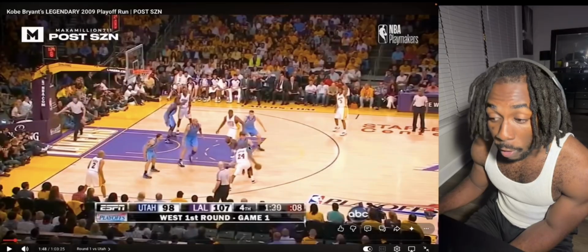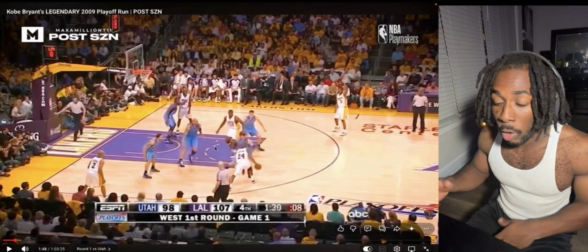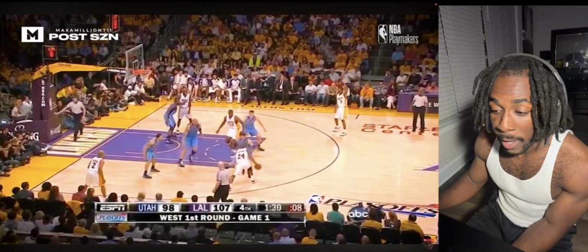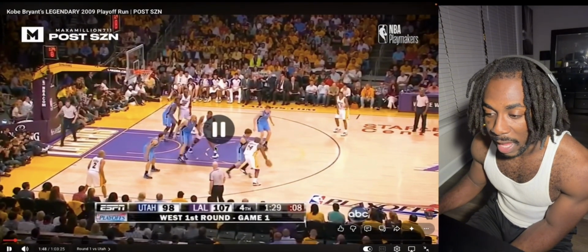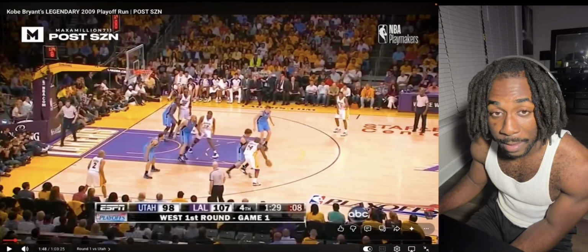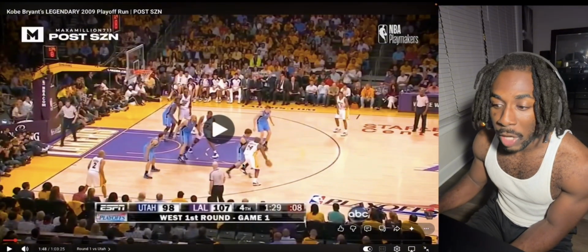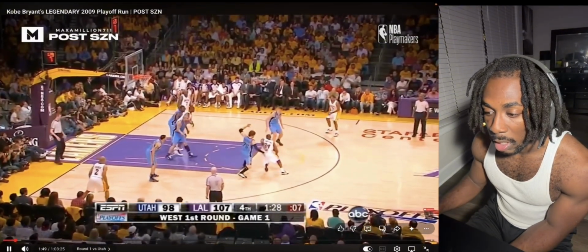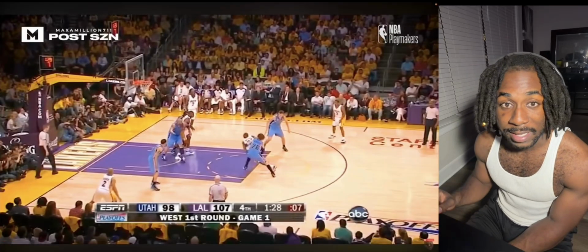And as Korver tries to get back in front, because ultimately that's his goal when going over the screen, you're trying to get back in front of your man, Kobe uses that to his advantage and attacks that hip. Now, Korver knows that he's trying to attack that top hip, that left hip, or yeah, his left hip. But guess what? Kobe still drives here. That little hesitation gave him the ability to get past that.